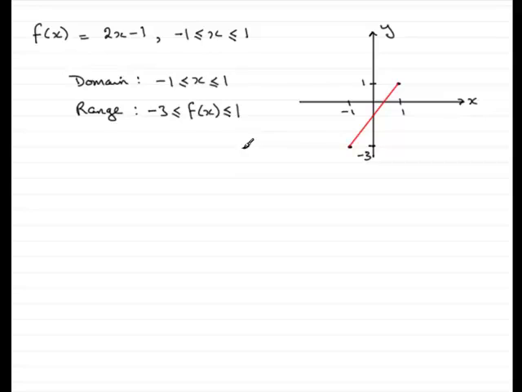Now that's all very well for this particular function, but suppose we just looked at the graph of f of x equals 2x minus 1. And what about if we didn't restrict the domain? What would happen then? Well, we've got our same graph, only this time we're not restricted to being between minus 1 and 1. We could in fact put any x values into here and we would get a much longer line. A line that goes something like this,